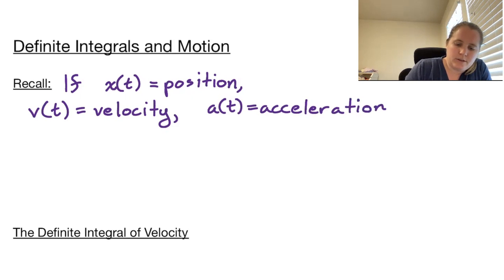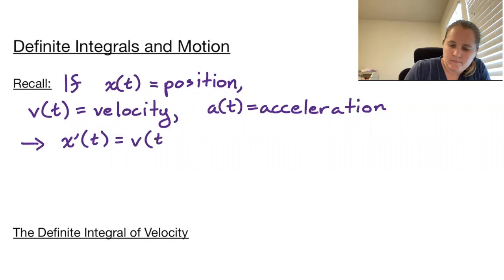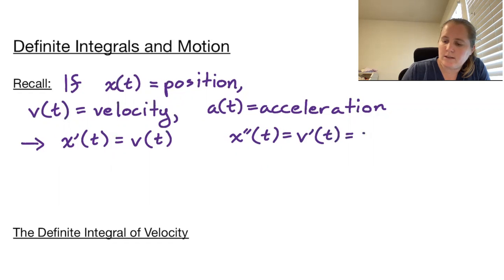Then we had two things. We had the derivative relationship. We had x prime of t is v of t. And then we had a second derivative of x of t is v prime of t, which is equal to